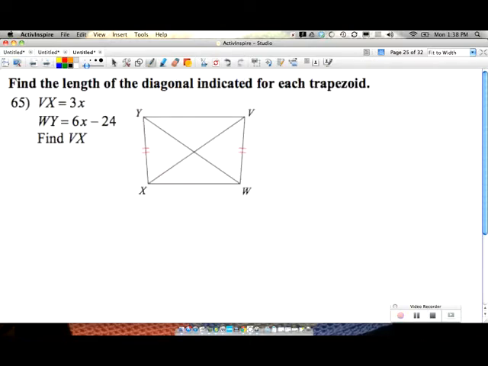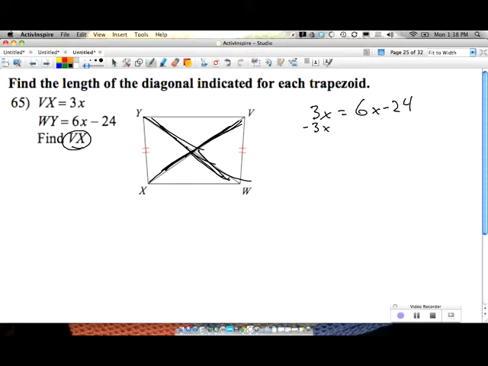Let's look at another one. Find the length of the diagonal indicated for each trapezoid. So they're asking me to find VX. Well, if I look at these two diagonals, I've got XV, this one going from bottom to top, left to right, and then we've got top to bottom, left to right here. We know that those are equal. So 3x and 6x minus 24 are going to be equal. They're congruent